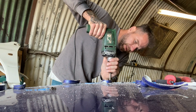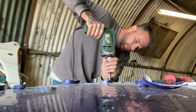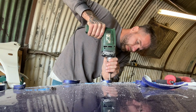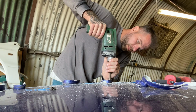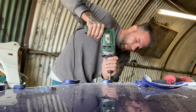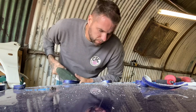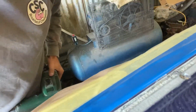Guide her in. Try not to look at the camera too much, so you see where you go in. Go low when you're going through, and it's right. Should really wear goggles when doing this because the swarf can get in your eyes. But I'll show you now, this is what we're looking for. Yeah. Once that's done then,